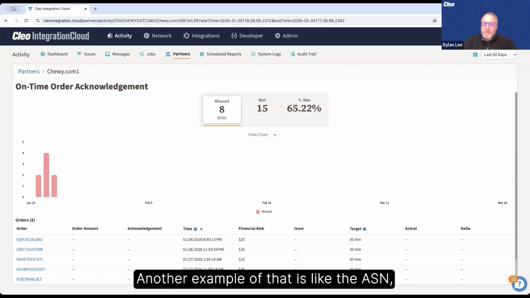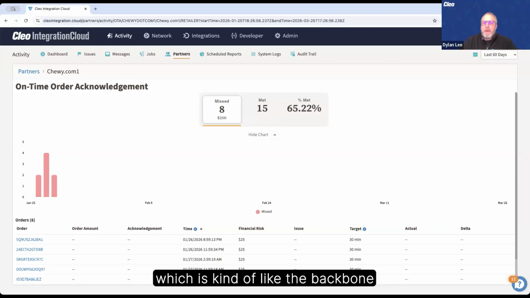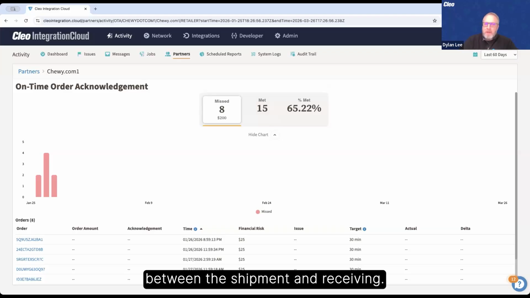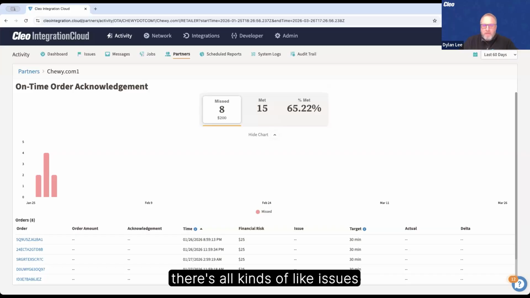Another example is the ASN, which is the backbone of communication with your trading partner between the shipment and receiving. If that doesn't go out on time, all kinds of issues get created at the operational level.